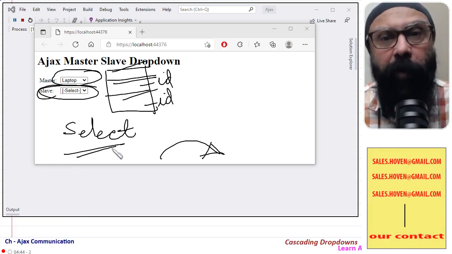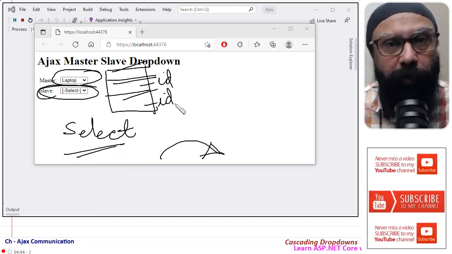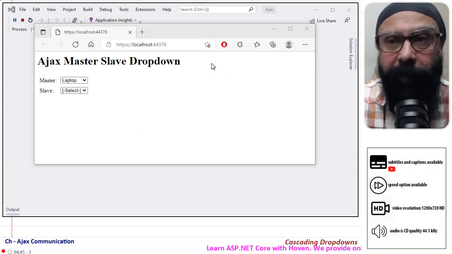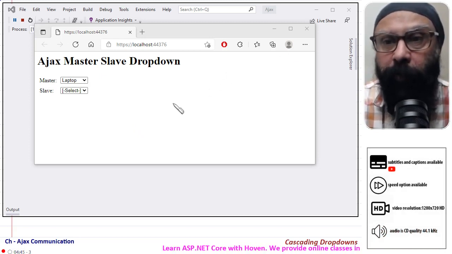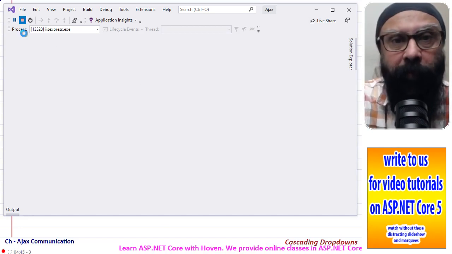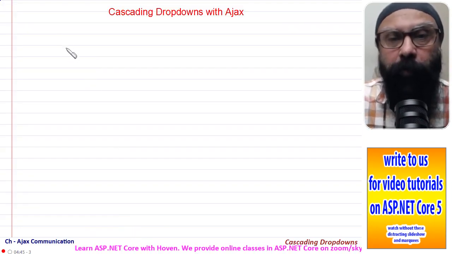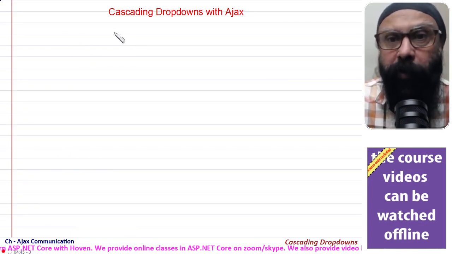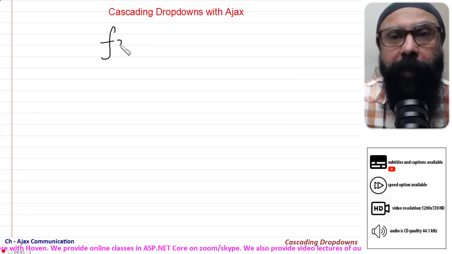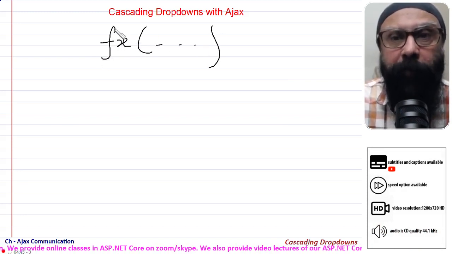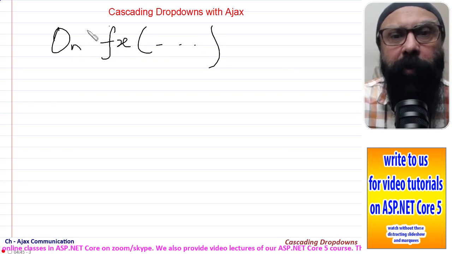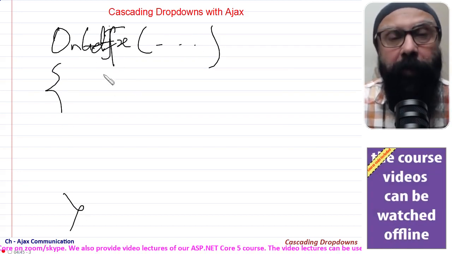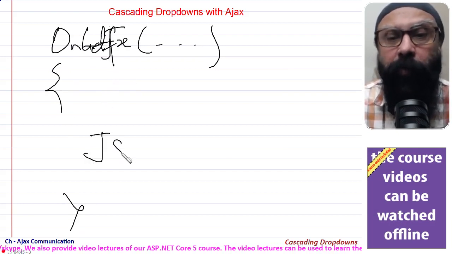But let me first of all go into a bit of detail of what is actually happening. I'll close this project first, and let us come to this one. Let us suppose this is your server side function that receives your AJAX call. I'm just writing it fx, otherwise it will be on get something, and this function will send you a JSON